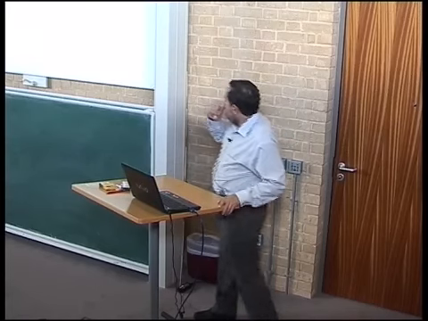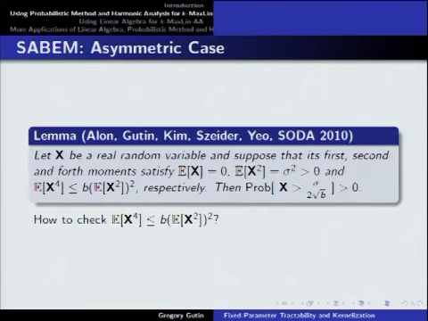Now, most of the time, unfortunately, these random variables are not symmetric. And so in this case, you need to do something a bit more elaborate. In these cases, we use this inequality by Alon and others. What you get is that if the first moment is 0, the second moment is positive, and we have a kind of hypercontractive inequality, then again we can see that x goes beyond sigma over 2 square root of b,